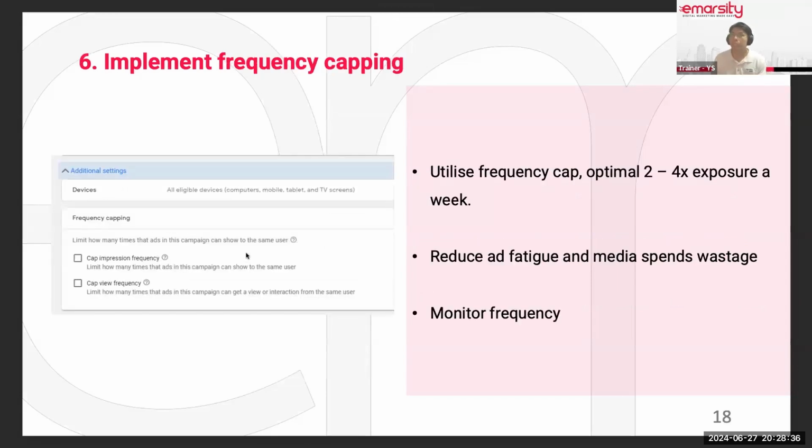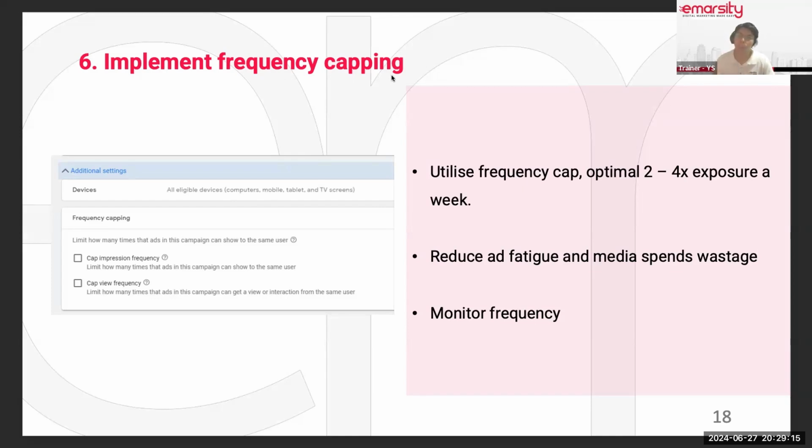Okay, next tip, implement frequency capping. The best example I always use is sometimes you watch YouTube, right? YouTube ads, you keep seeing the same ad again. I've seen it like the 10th time this week already. Okay, that is not a good advertising tactic. When we keep showing the same ad again and again within a short period of time, you and me, we'll get frustrated with the advertiser. We are just waiting for the skip button to skip. So try to implement frequency capping.